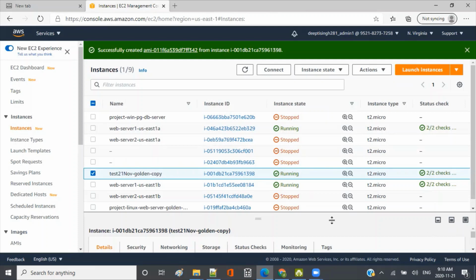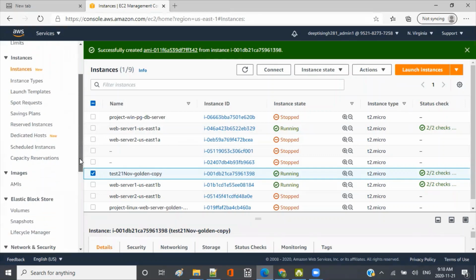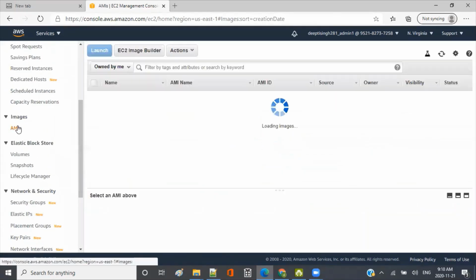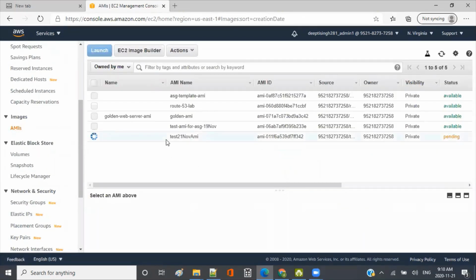So what you could have done is create a snapshot first, and then from the snapshot create an AMI. But when you directly create an AMI, it does both of these two steps in one. If you go into the AMIs, it is creating this test 21 AMI, right?